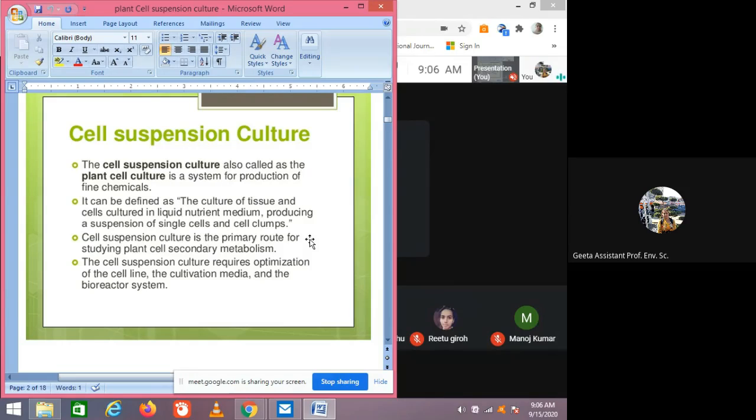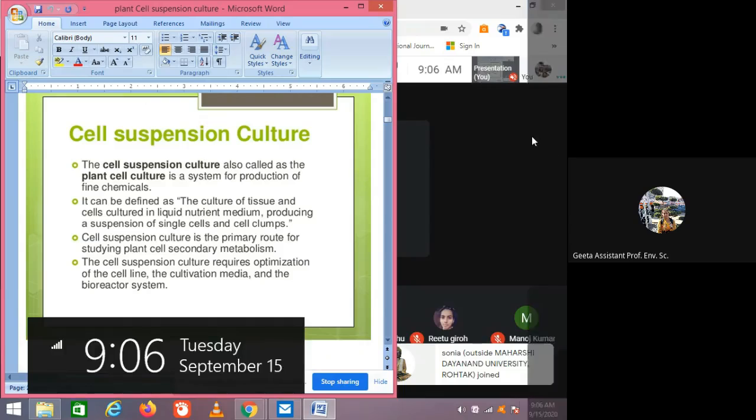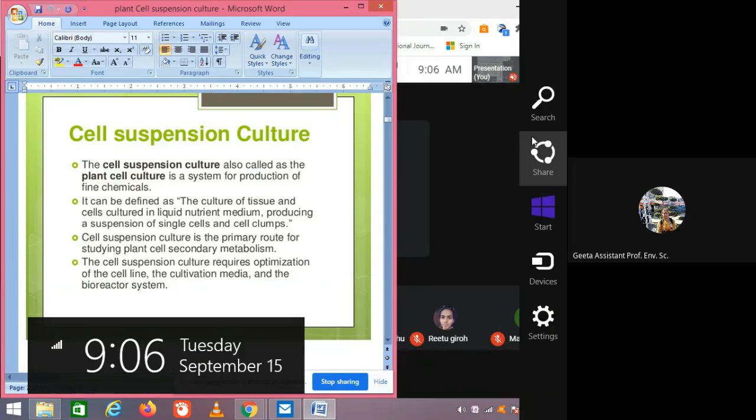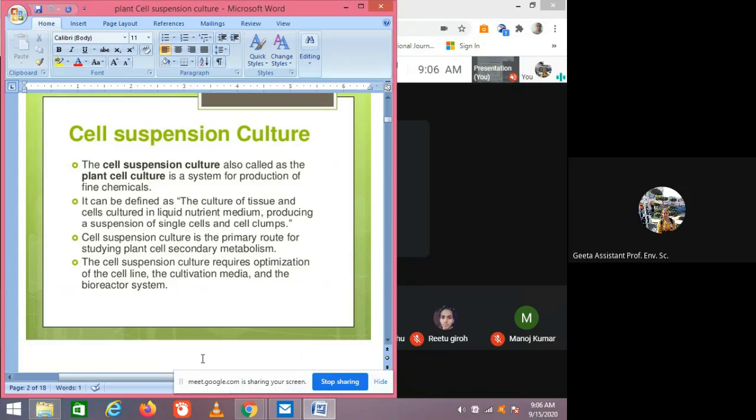The cell suspension culture requires optimization of the cell line, means the cell which is obtained from any plant, the cultivation media, and the bioreactor system. Because the use of these cell suspension cultures is basically for the production of secondary metabolites, and for the production of secondary metabolites, here we need